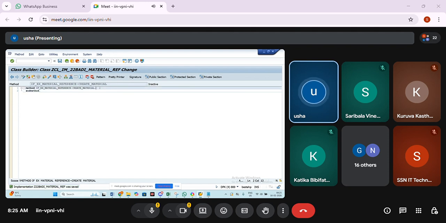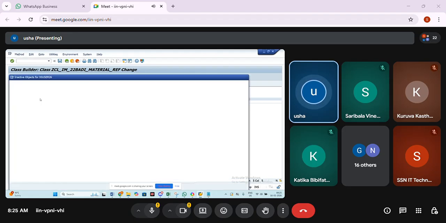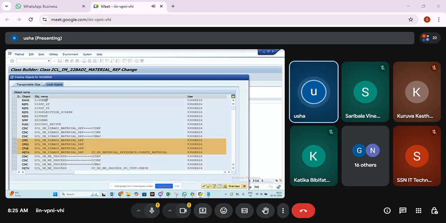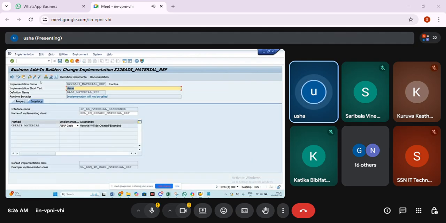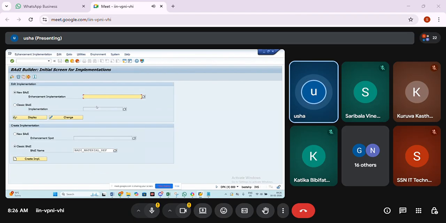You can go and write the code as per your requirement, activate the method, and then come back and activate the implementation. If you observe, there is a deactivate button also. Once you activate it but it is not suitable, then you can deactivate also. This is about BAdI.